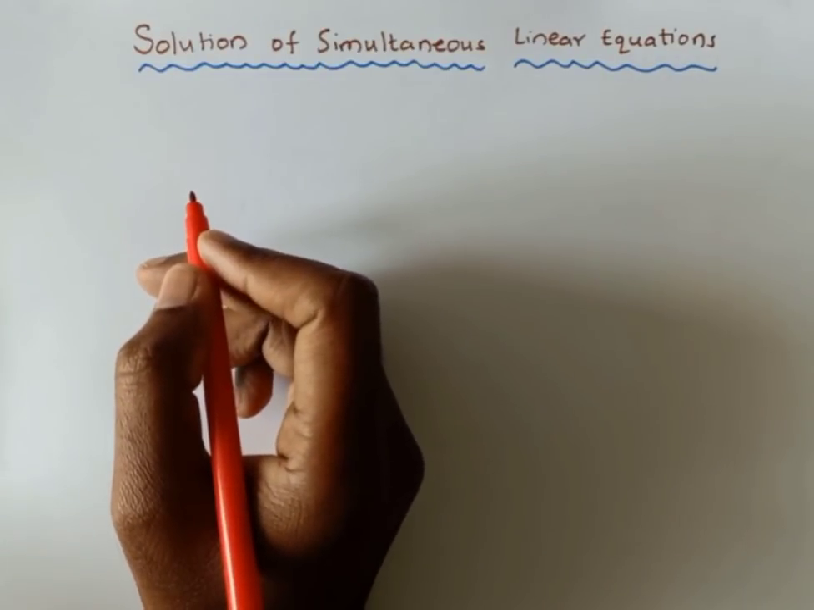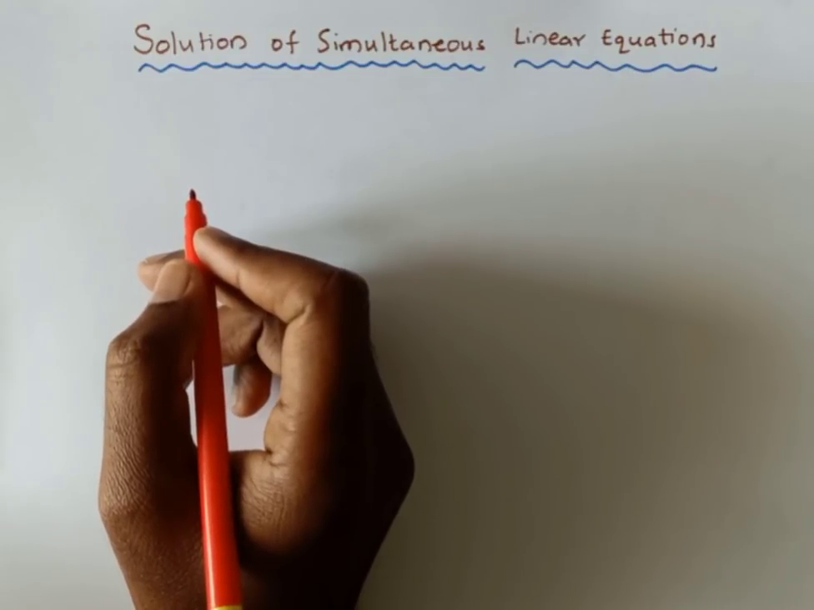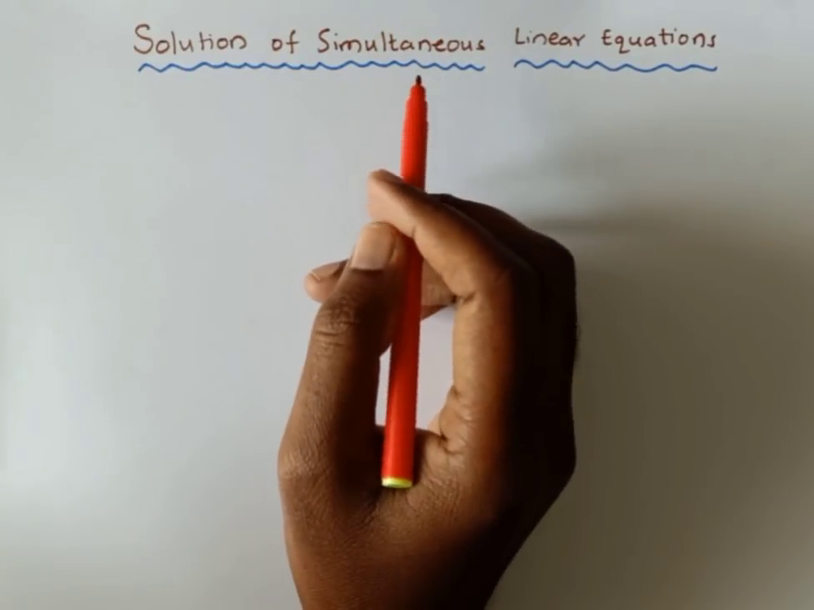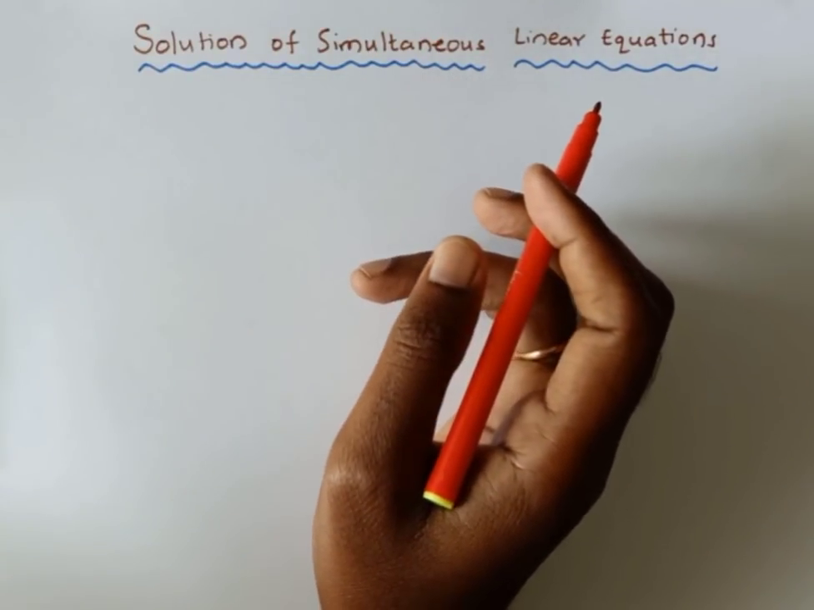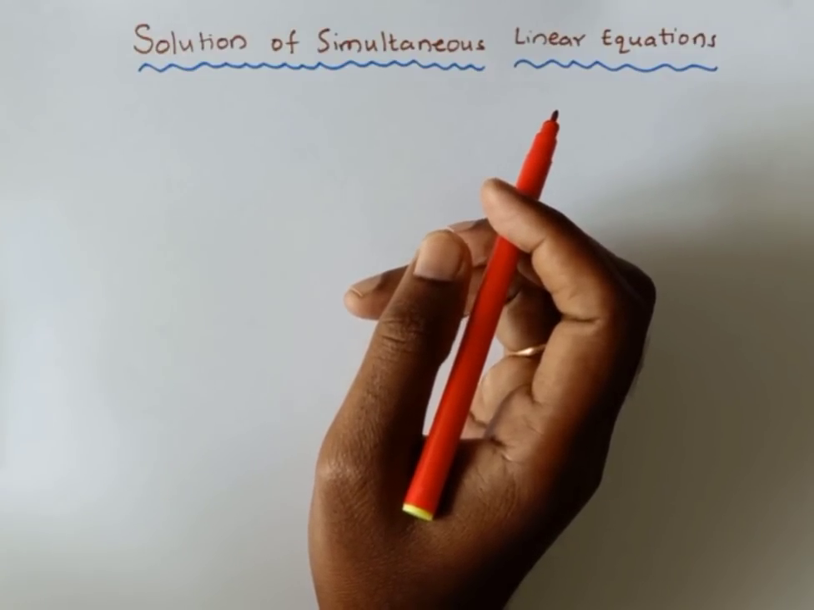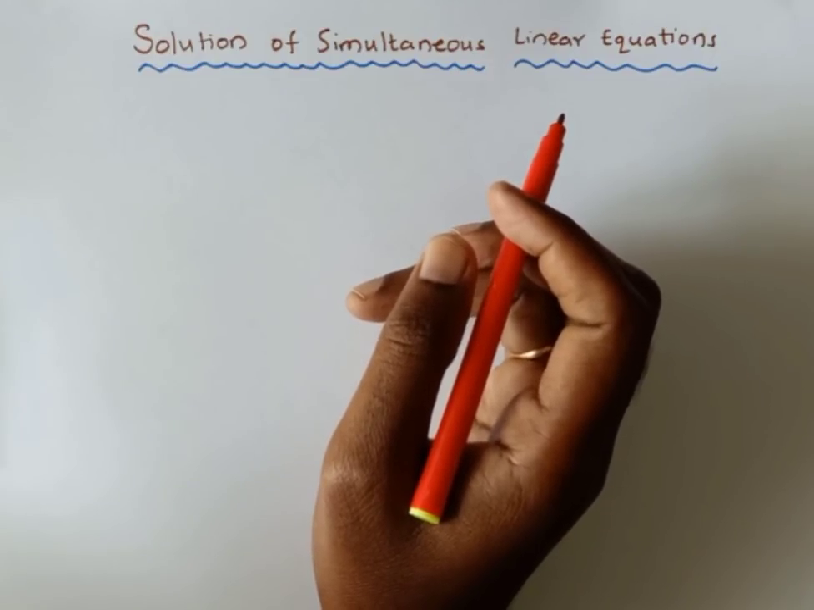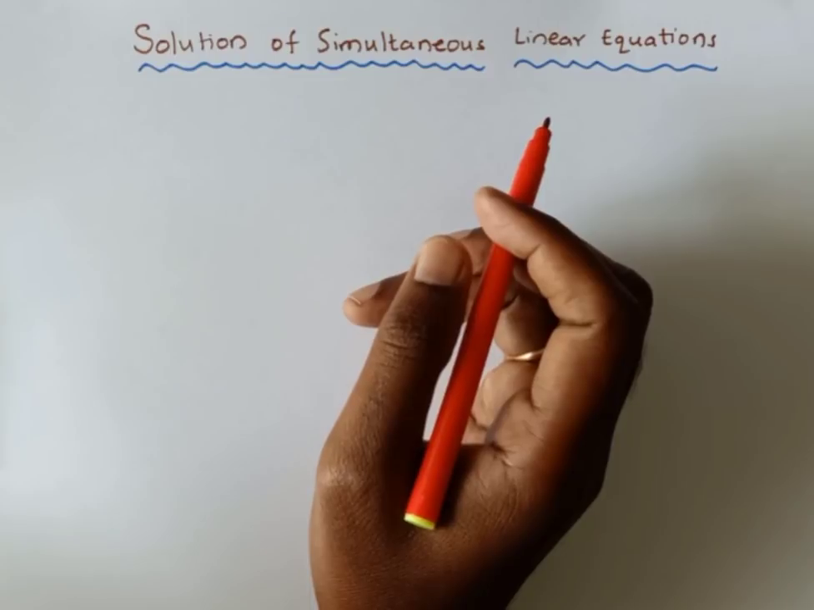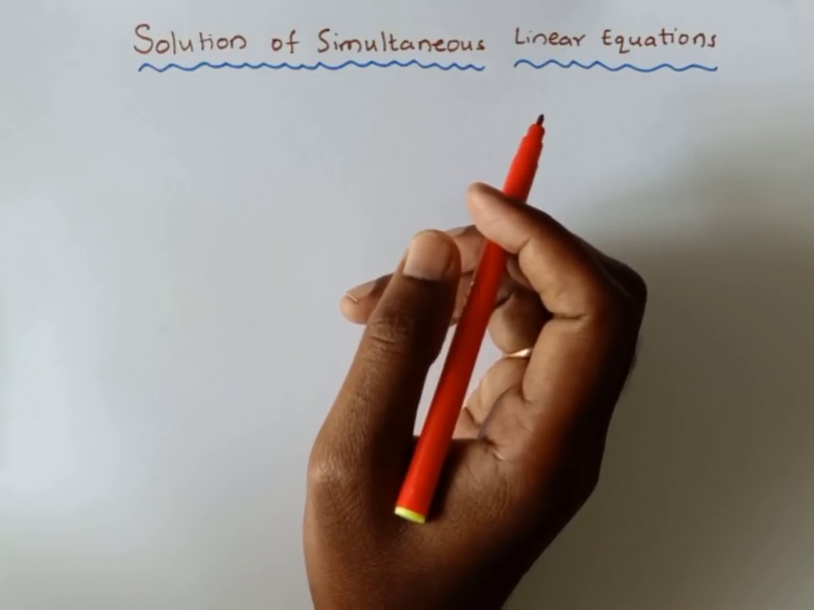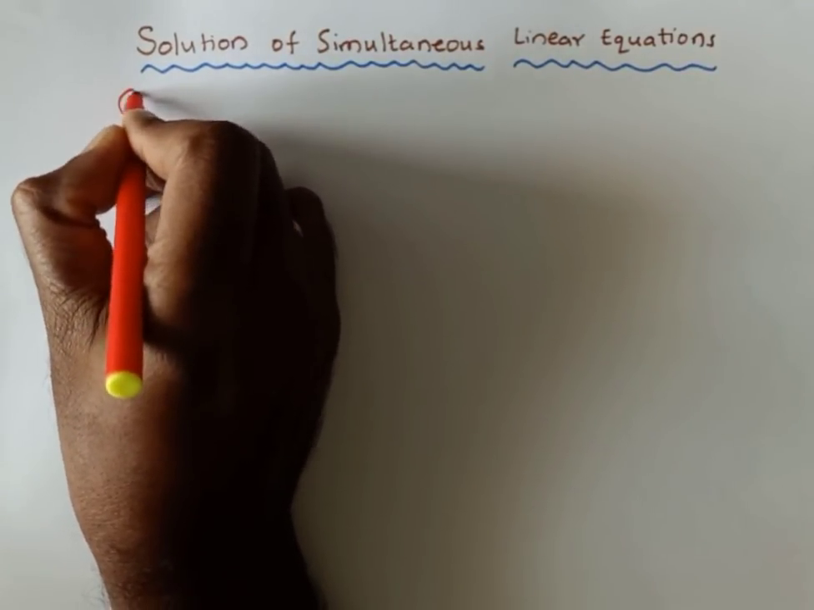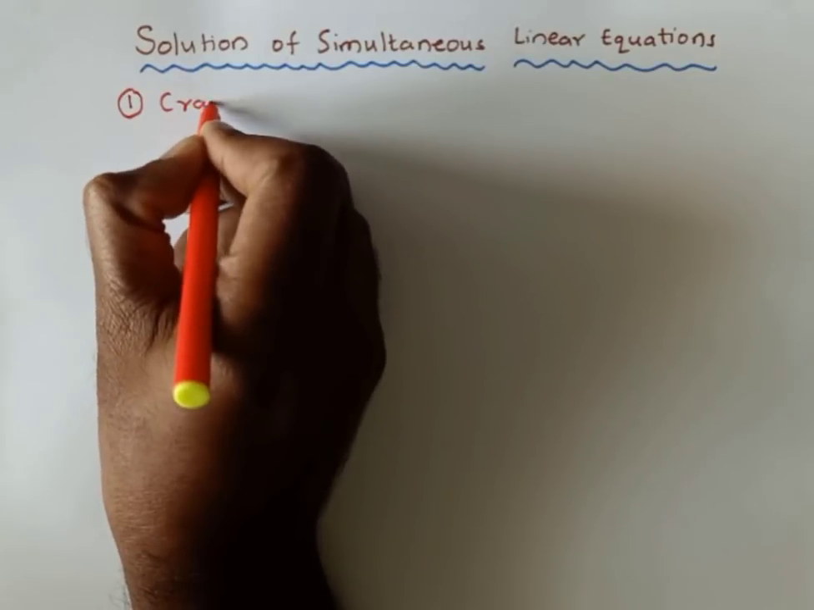Students, in this lecture, we are going to discuss some methods of solving the system of simultaneous linear equations. In the previous lecture, we have seen whether the solutions of a system of linear equations are consistent or inconsistent, and if they are consistent, how to find the solution of the system. Now here we are going to see three methods, namely Cramer's method,